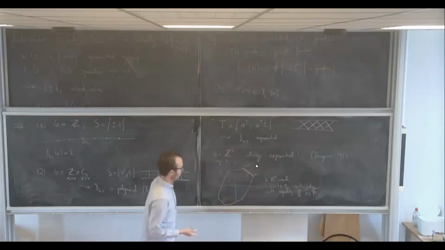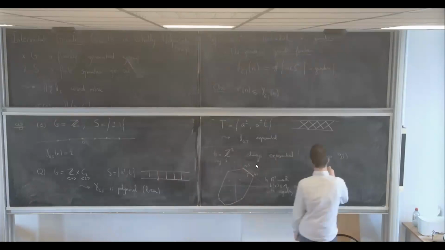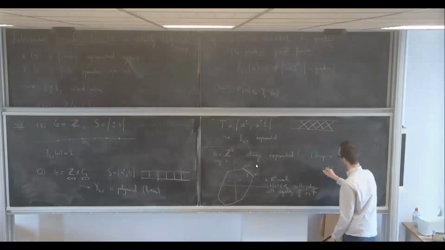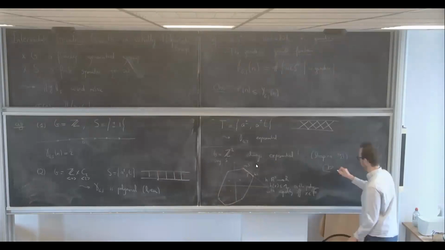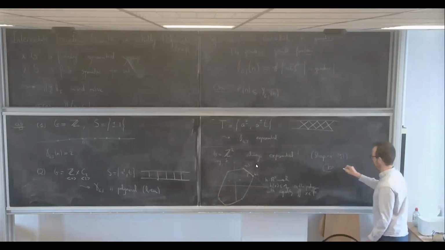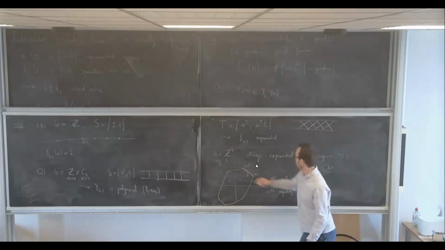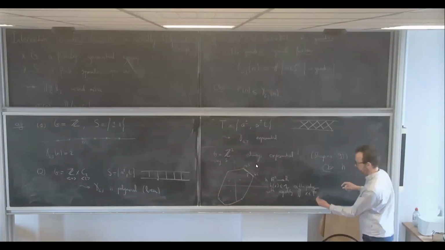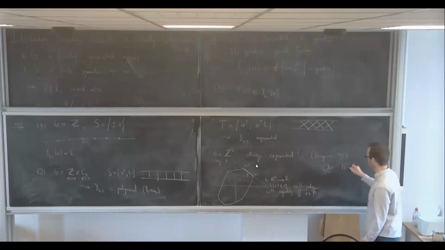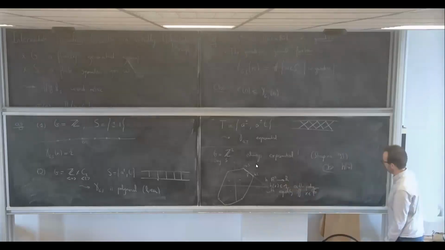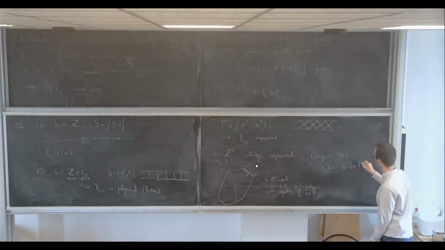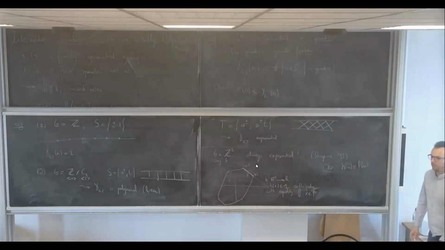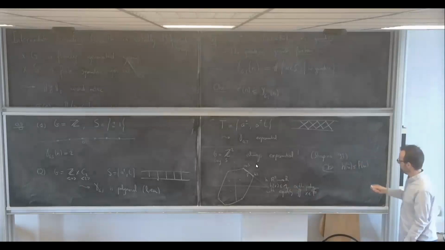And so now the observation is that for any word W, the value of h at the element represented by W is at most the length of the word, because each letter just adds at most 1. With equality